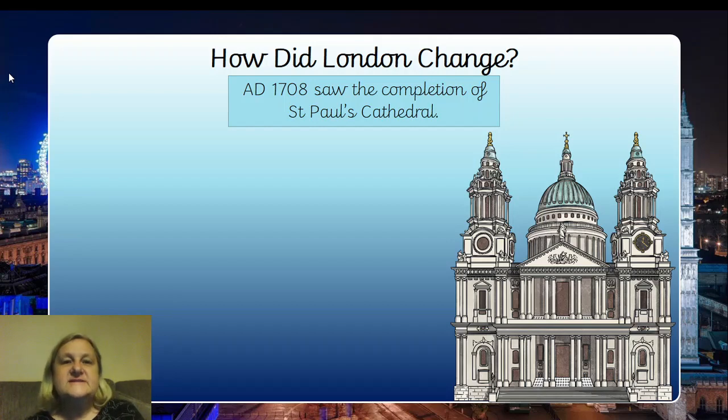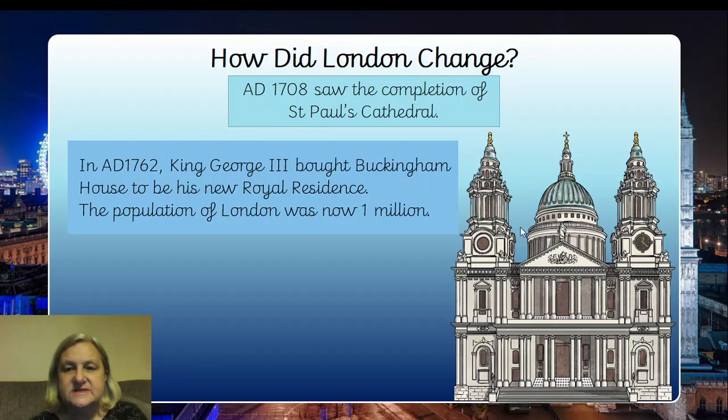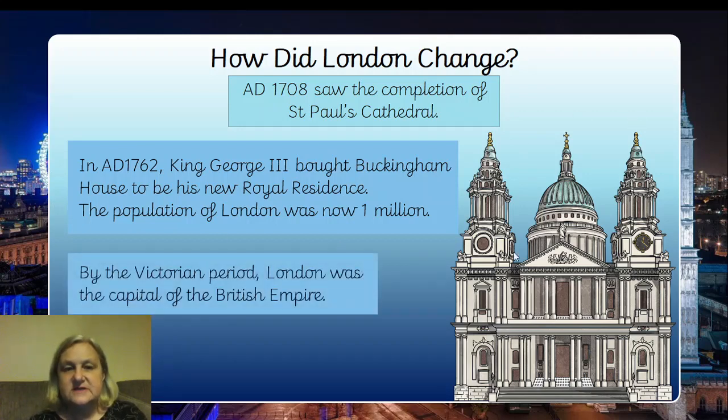But 1708 saw the completion of the rebuilding of London after the Great Fire, and this building, an absolutely amazing building, was built by Christopher Wren, who did a lot of the designs for rebuilding after the plague of London. And the population of London is around about 1 million by this time. And by the Victorian period, London has become an extremely important